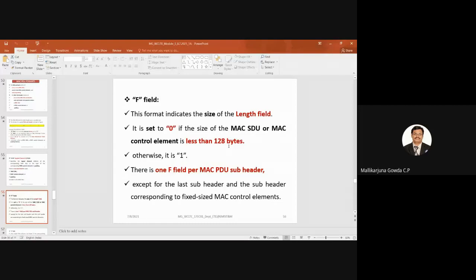Otherwise, it is set to 1. There will be one F field per MAC PDU subheader, except for the last subheader and the subheaders corresponding to fixed-size MAC control elements.